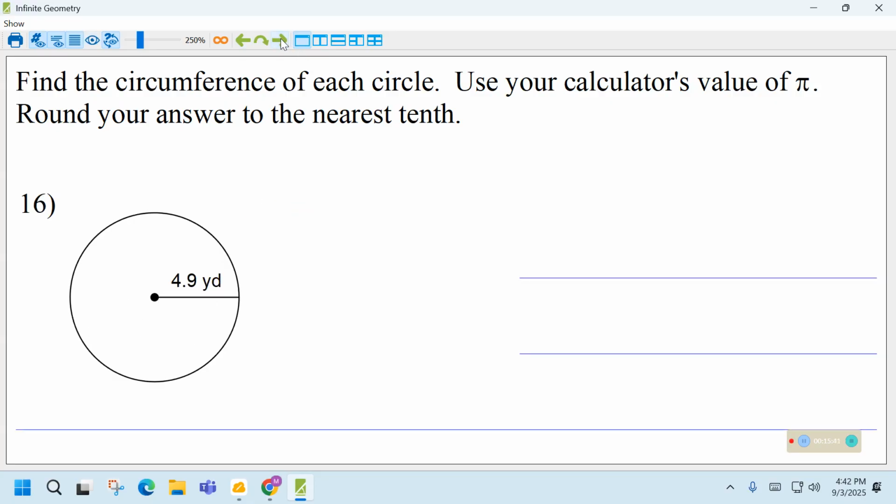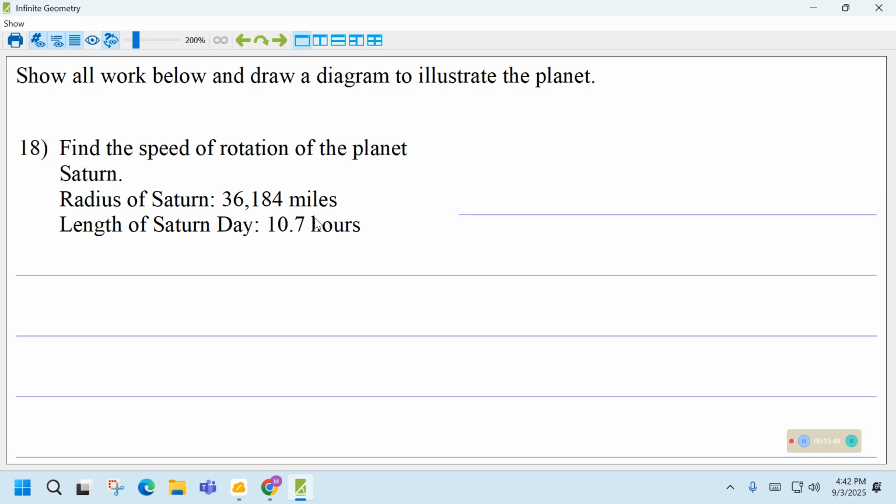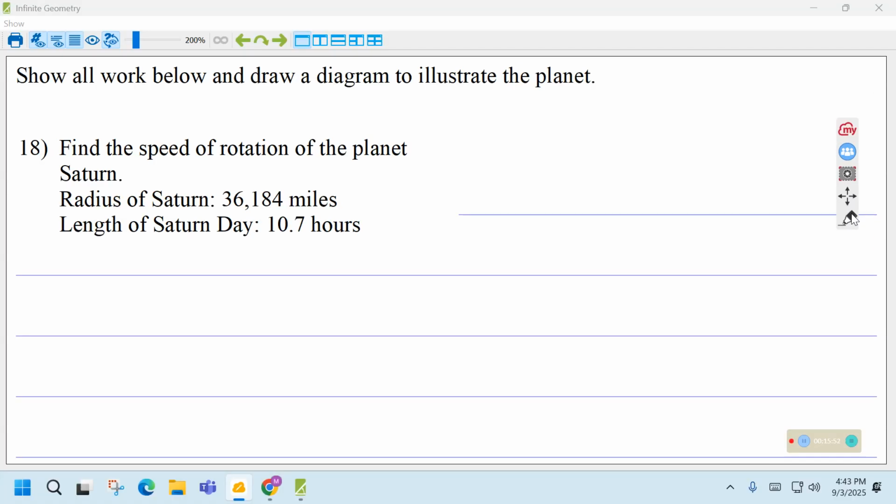Okay. So now, I told you guys 16 and 17. I'll leave those alone. You guys can do that at home. And now we want to go over and do one of the speed of a planet, the rotation problems. Okay, and after this, I'll probably be able to call the video wrapped up. So what we're going to do here